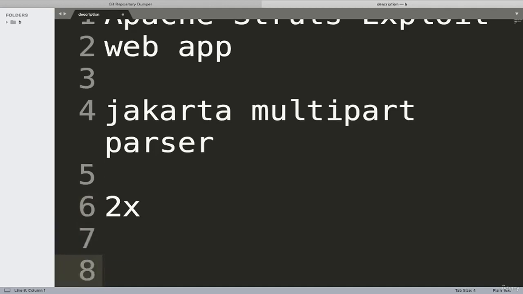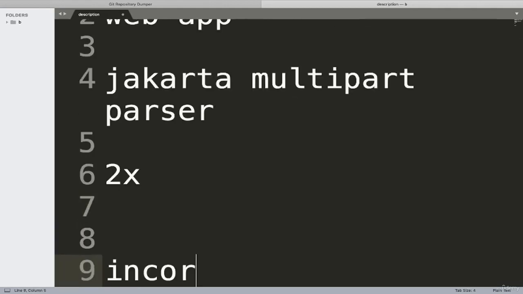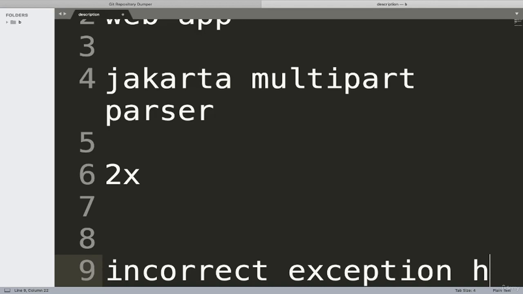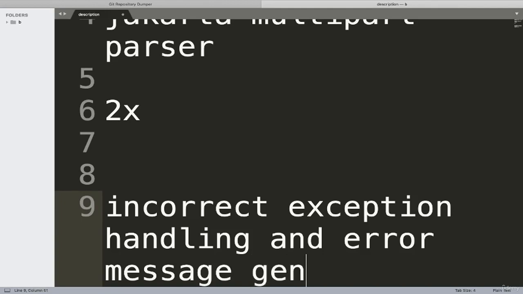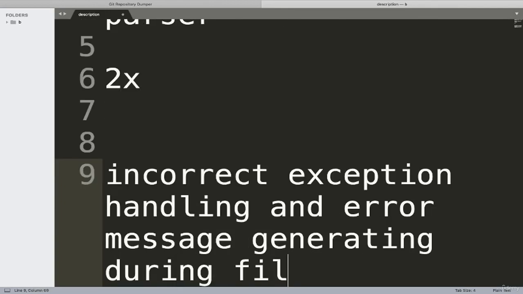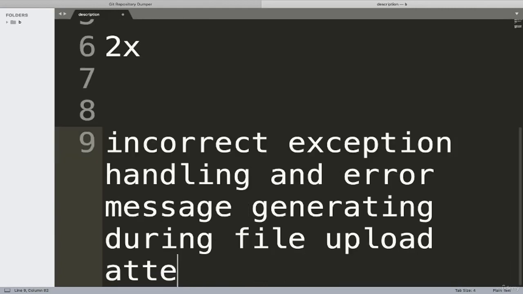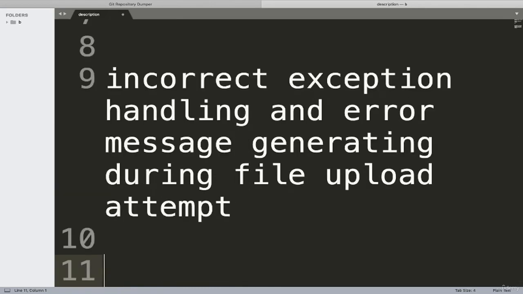Why does this vulnerability occur? It is because of incorrect exception handling and error message generation during file upload, or maybe a file upload attempt. So one RCE is through a file upload attempt, which we'll talk about later, and one is through